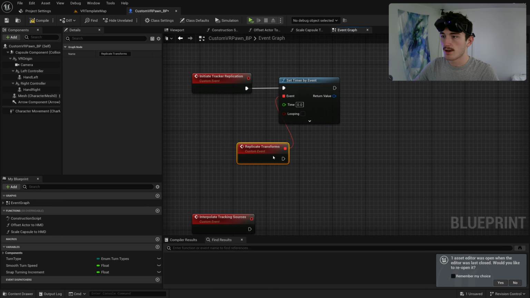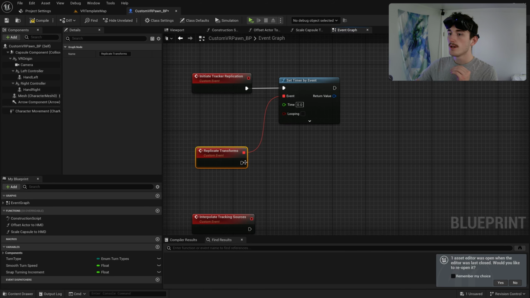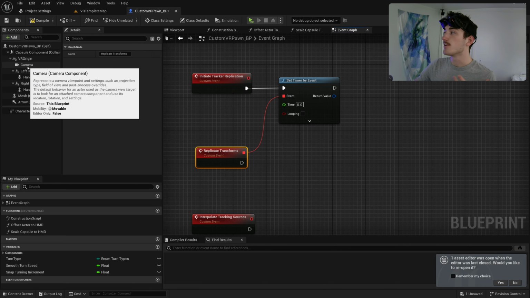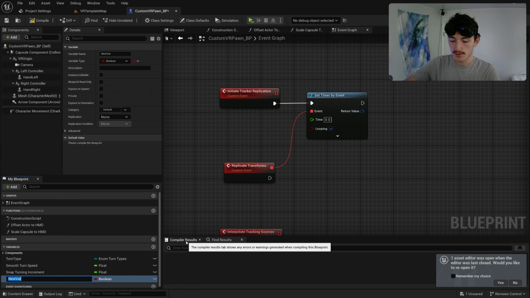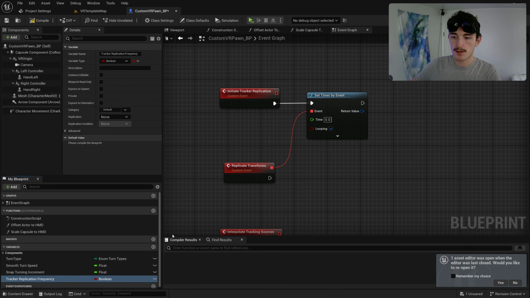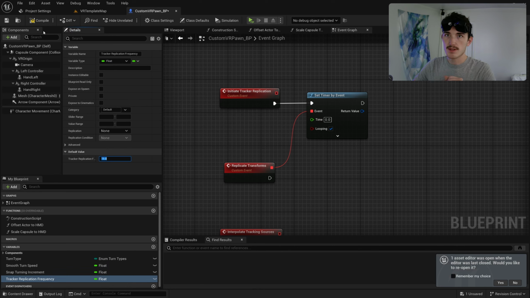And this is where we are going to send the transforms of our HMD and controllers to the server. We're going to set this to looping, and I'm going to create a new float variable called tracker replication frequency. I'm going to set this to a float. Let's say I want it to replicate 15 times a second, so I'm going to set that to 15,